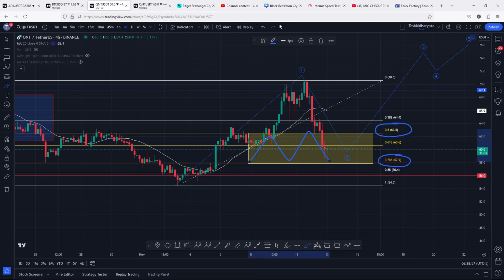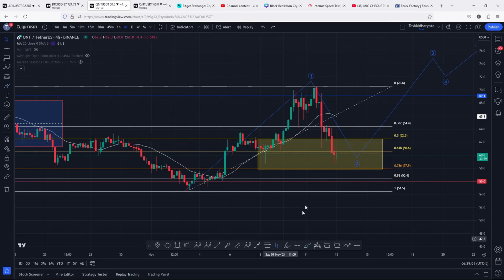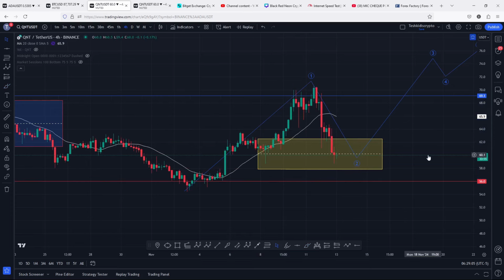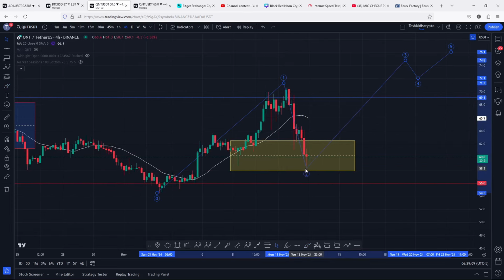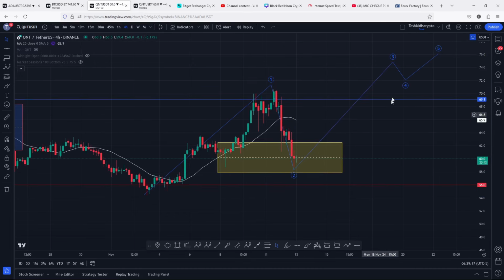And you can all see that we have seen a pullback into this minimum target area, and we have almost fully maximized the target area. And there are high chances that we now have a low in place for this wave 2, and in the next coming hours, we should easily start another bounce to the upside in what I will be terming as the start of an impulsive Elliott wave count 3,